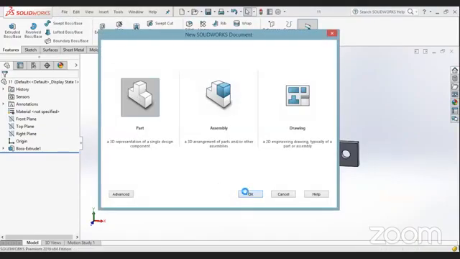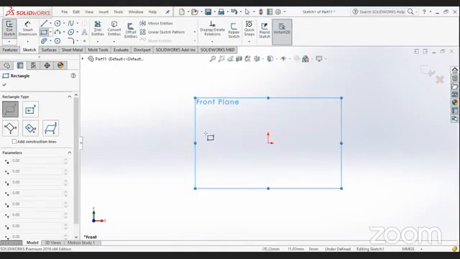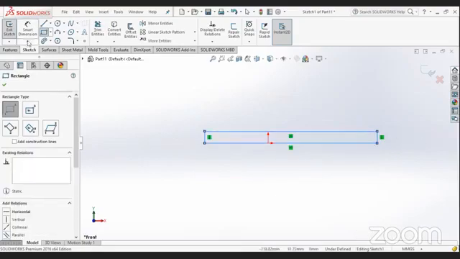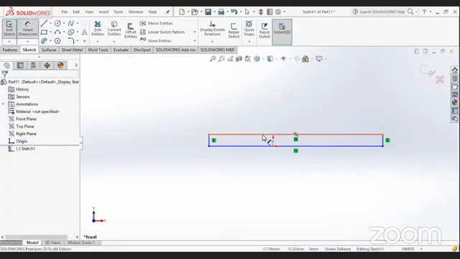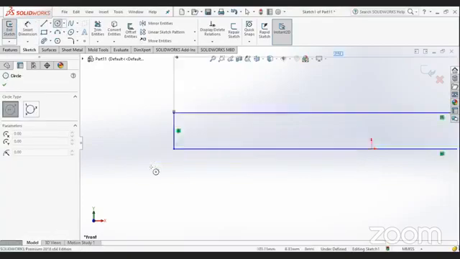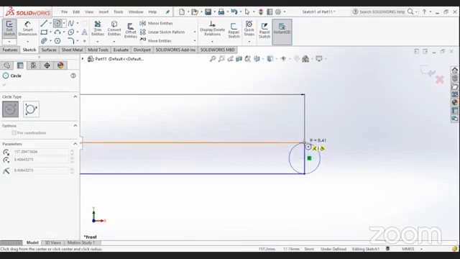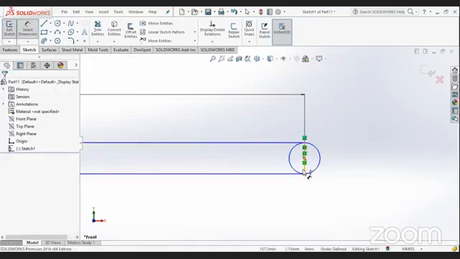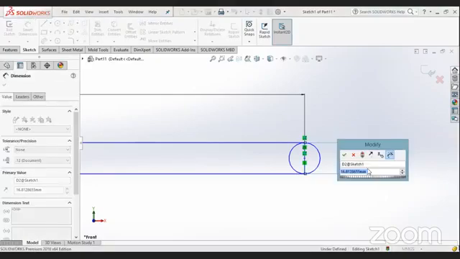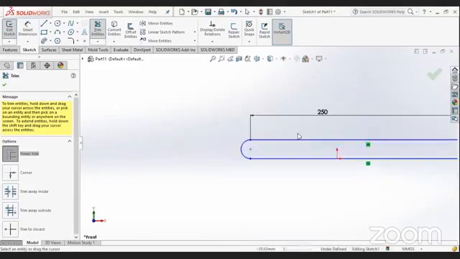Now I'll be making a connecting rod. Okay. So how to make the connecting rod? Make a rectangle again. This is the center to center length. Okay. So 250. Make a circle. Similarly over here as well. Provide the distance. Say I'm giving it a distance of 20. Now we'll be eliminating all of the internal area here.